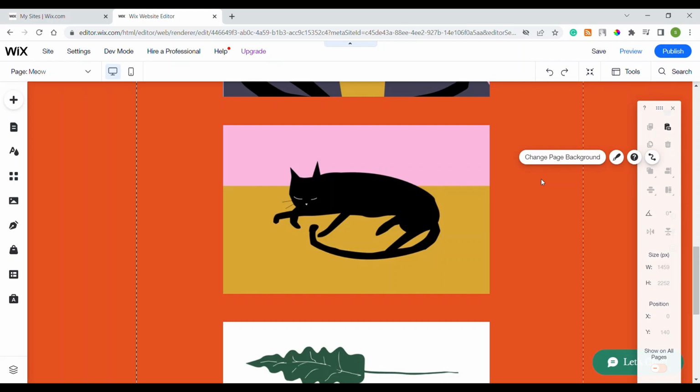So I have opened the editor. Just click on this and click on backspace. It's gone. Now to add that again,